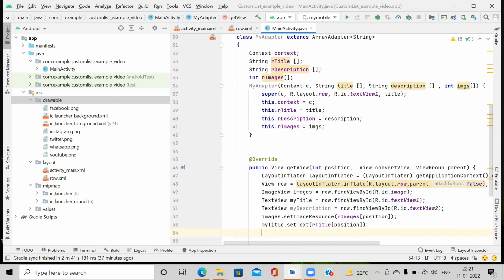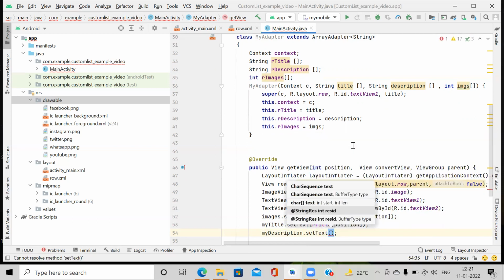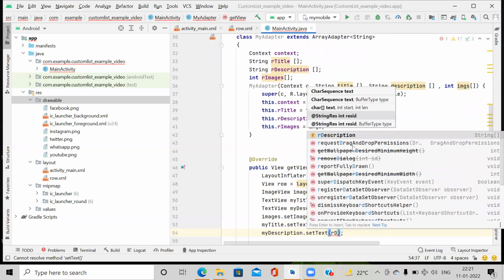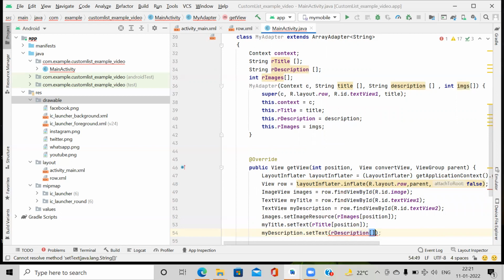And one more, myDescription.setText in brackets, array name, that is rDescription, square bracket position.